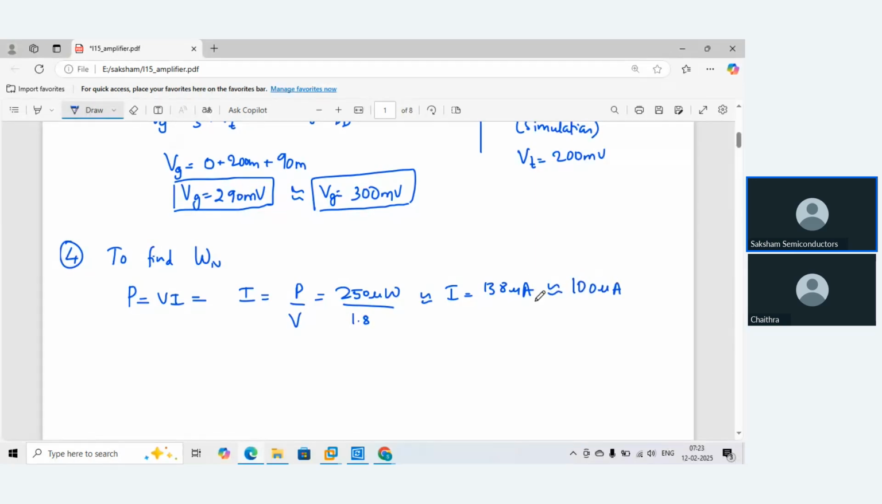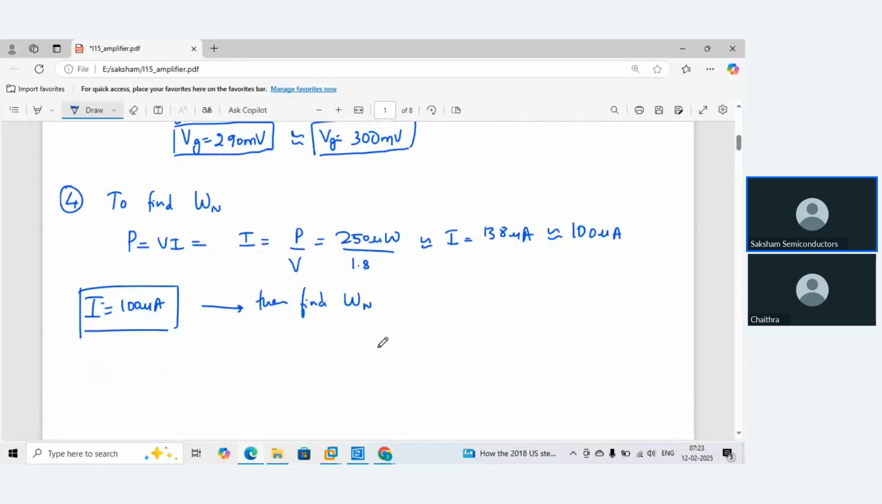So that means if I try to design my entire circuit for a current of 100 microampere, definitely the outcome of the amplifier will have power consumption of less than 250 microwatt. So consider I equal to 100 microampere and then find WN. This is the max value of current, so choose this value of current and sweep